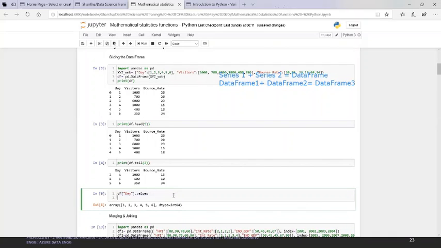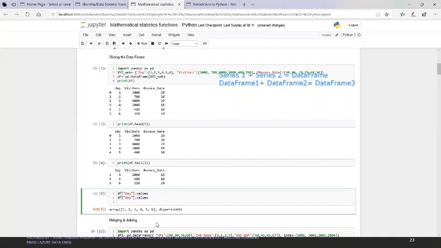So, a number of columns. Suppose you want to play around with n number of columns in your